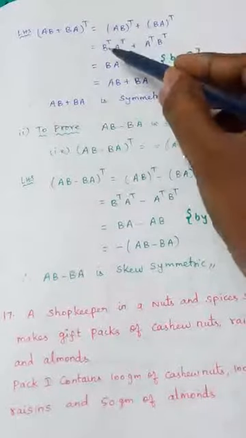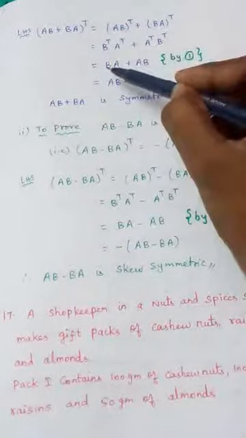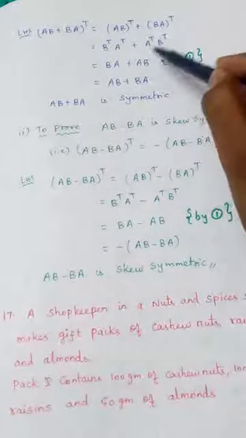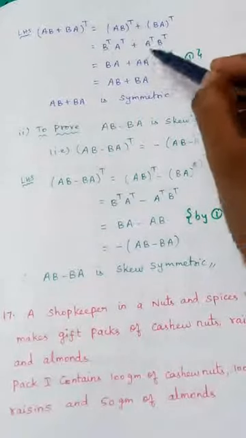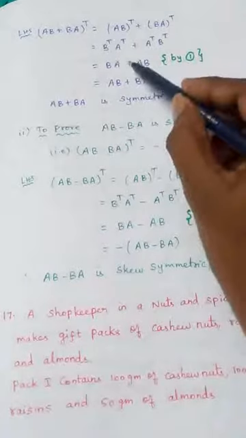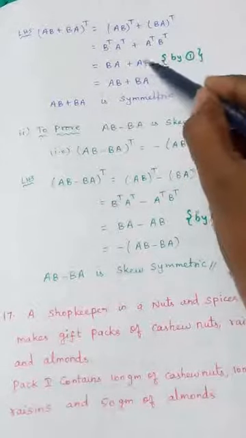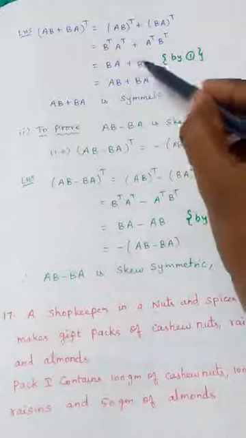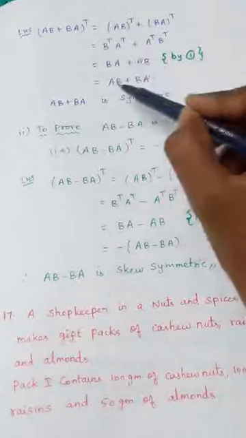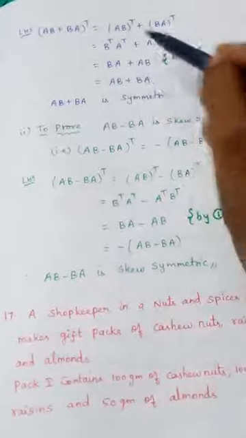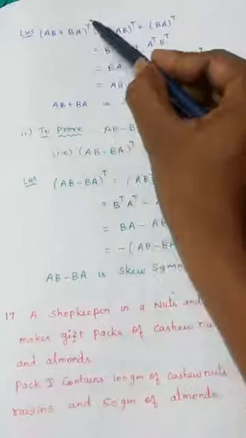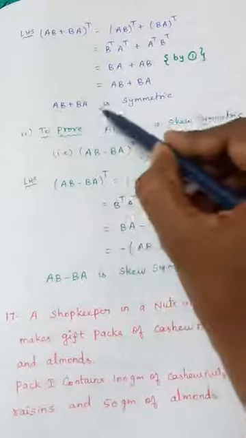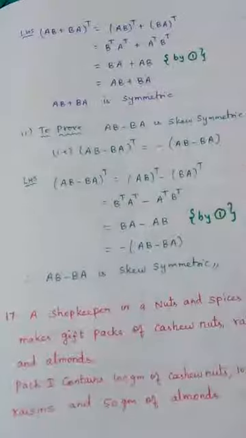Now it is given in the first equation, B transpose and B are equal. A transpose and A are equal. Same way, A transpose equal to A, B transpose equal to B. Now I can change these two, because only plus symbol is present here. I can write this first, AB plus BA. Since plus symbol is there, two terms can be interchanged. So AB plus BA. What have I proved now? AB plus BA whole transpose and the original are equal. Therefore AB plus BA is symmetric. We have proved the first part.